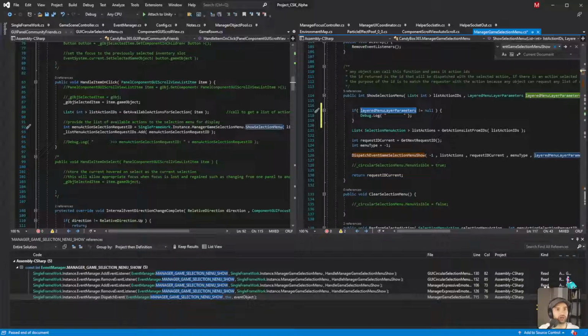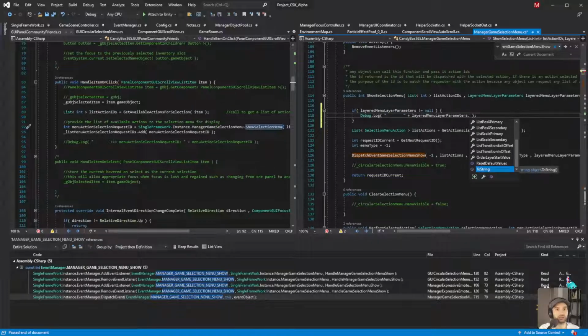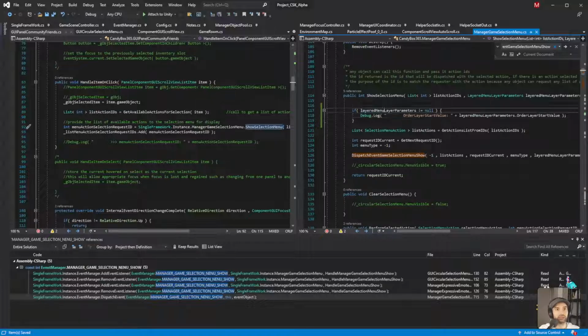I forget what that variable was called, but we'll find it. So it was the order layer start value. Okay, so that's what I want to see. If this does not equal null, I want to see what this value is, because that will determine everything that gets built up on top of it, right?